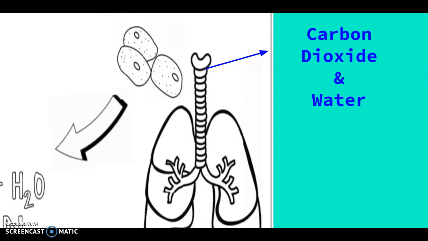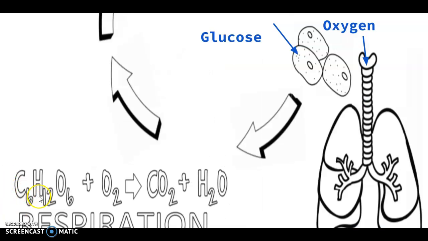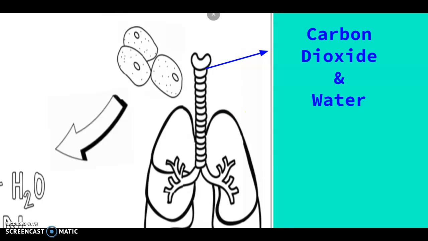Now, the process of cellular respiration is a chemical process, just like that of photosynthesis. So here we can see the unbalanced chemical equation. One glucose molecule along with 6 oxygen. So we eat, we breathe. That's going to yield 6 carbon dioxide, 6 water, which we're going to breathe out, and a whole lot of ATP that we will use to continue to keep us alive.